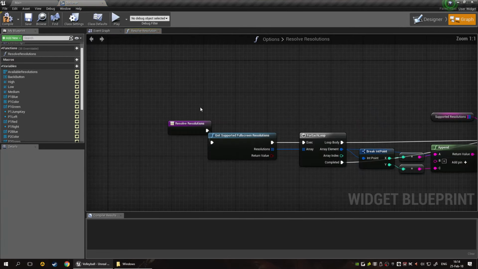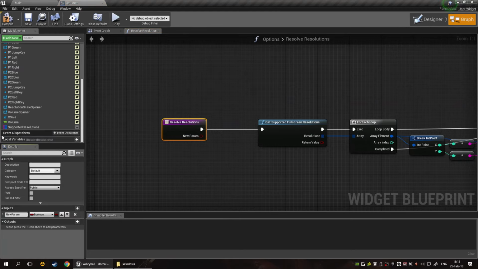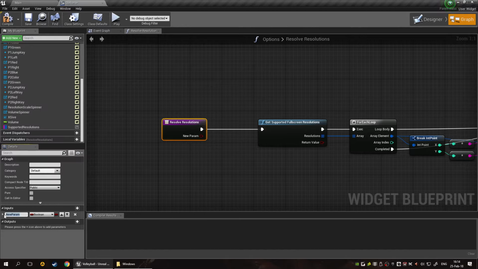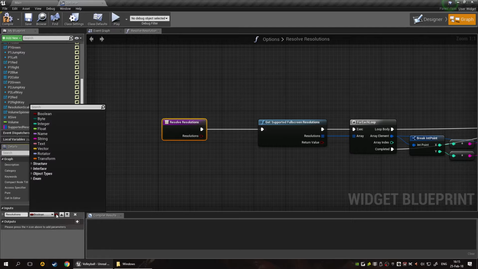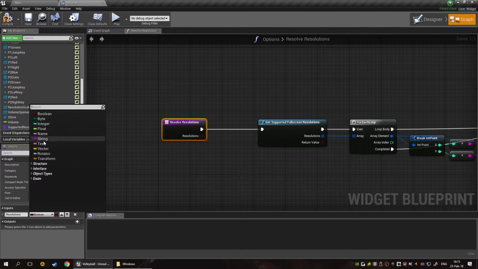Technically, this also needs its own map, so ideally you might want to create an input, because I'm grabbing this from the outside, and you might want to create a map. There should be resolutions, and here I might go ahead and create a map, which would be a string